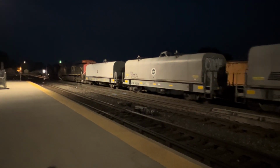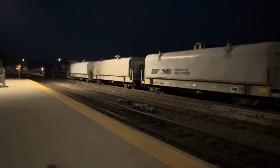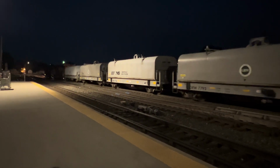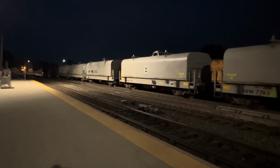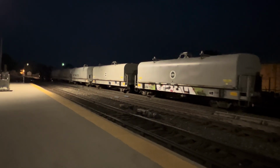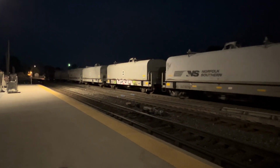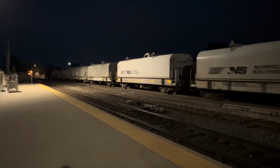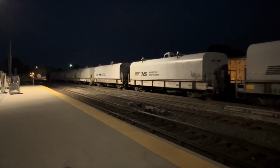Now the Capital Limited, if it was on time, was supposed to have departed at 9:29 p.m. He had a Siemens Charger locomotive with a Cummins diesel engine on the point, and then a General Electric P42 DC diesel electric locomotive. And then a baggage car, and then a Superliner coach, then a